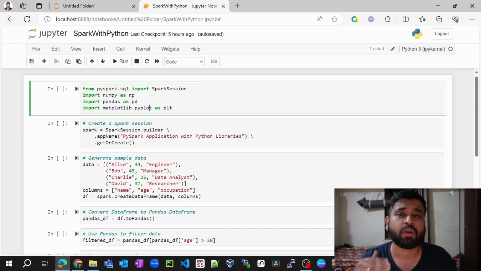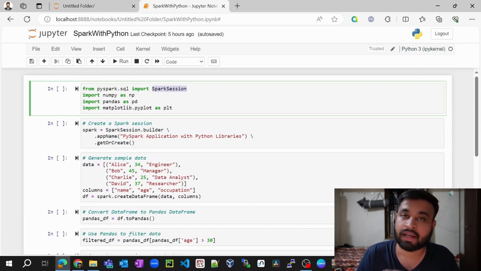The first step is to import the required modules which are needed down the line in your application. Here we are using SparkSession, which is the first major import for creating a Spark session, and we are getting it from pyspark.sql. Then we have NumPy, which we import as np, as well as Pandas as pd. And we have Matplotlib, which we are going to import for visualization purposes. If you are aware of these libraries, this will be a piece of cake for you.